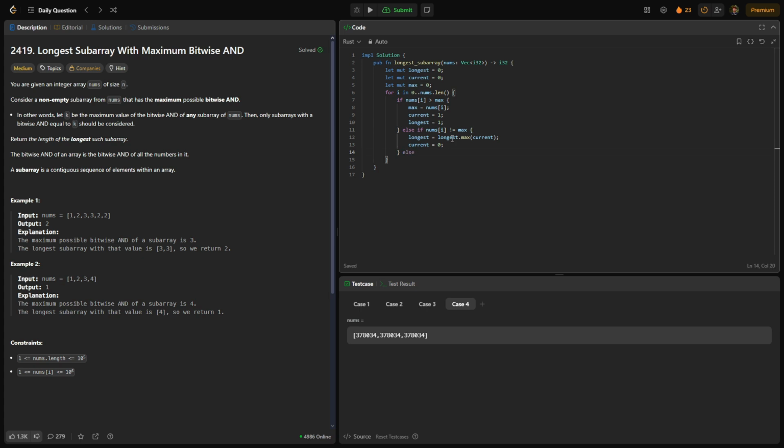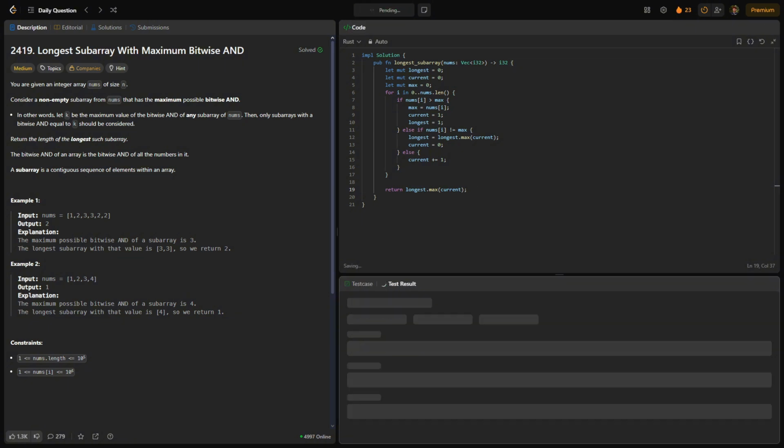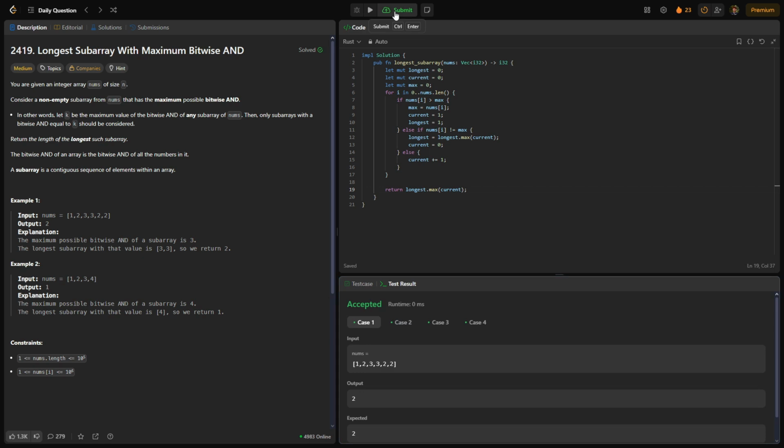And then our final case is simply updating current, because if it's not a new number greater than our max, and it's not equal to our max, then it has to be equal to our max, and we'll increment from there. Finally, we can simply return our longest, and then we'll check once again .max against our current, and that's it. So if we run this, it passes our test cases, and if we submit it,